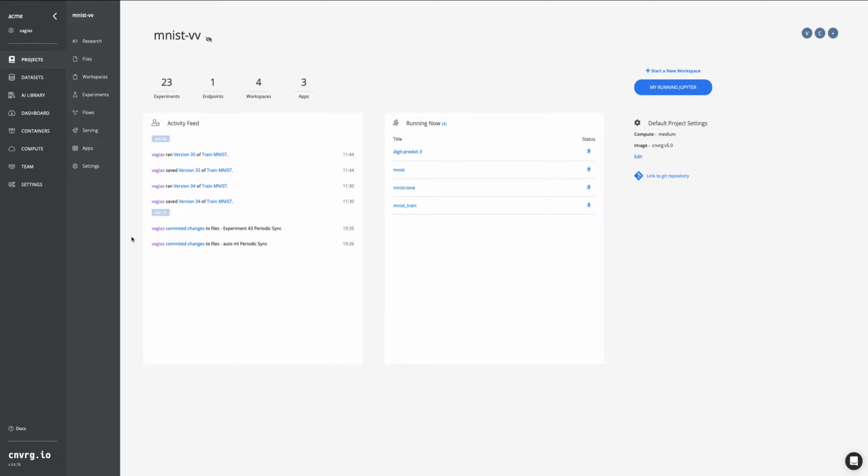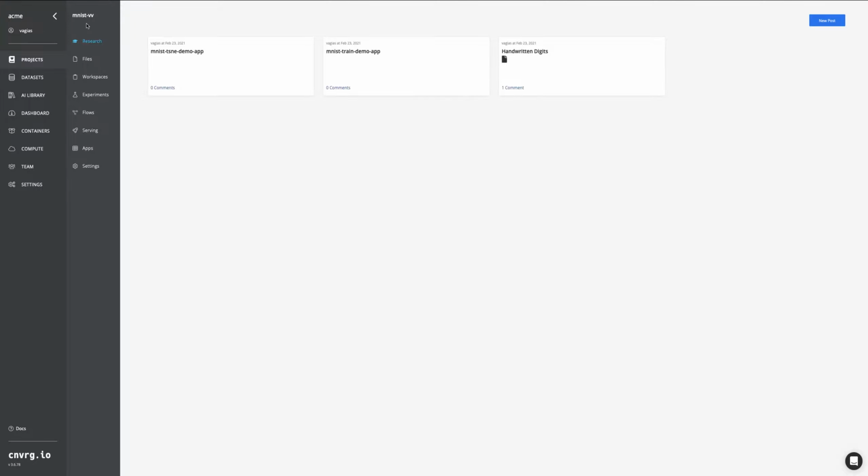Converge is an MLOps platform built to actualize the AI-driven enterprise. Managing AI architecture is extremely complex, and Converge helps you do that seamlessly. We enable end-to-end machine learning and AI, starting all the way from research. We'll go over the MNIST dataset example as we go through this demo to show you all the features that